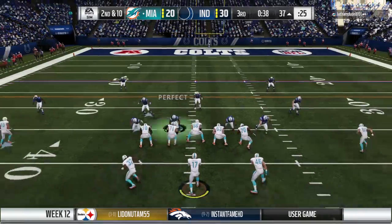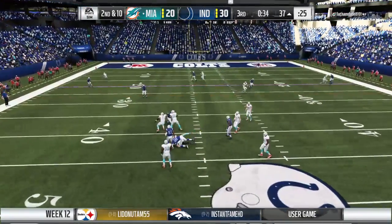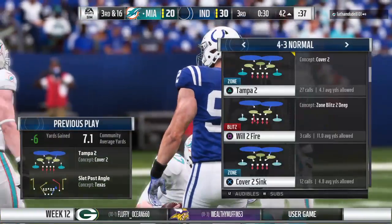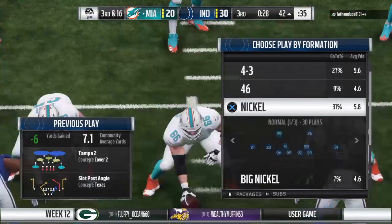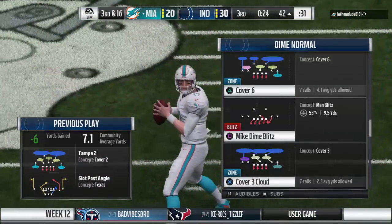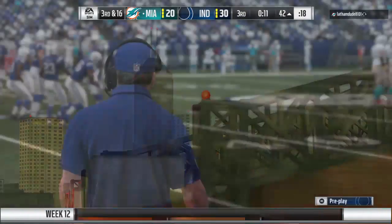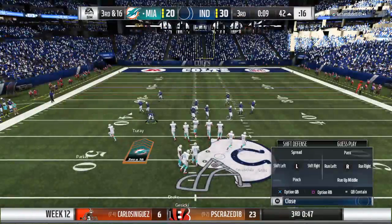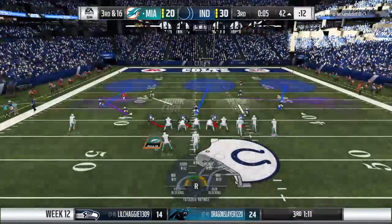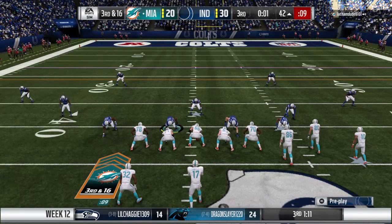On 2nd and 10, Tannehill. The Colts are going to get him. Down he goes. Margus Hunt, he's the one to get him, and that's sack number 7 for him on the year. So after the sack of Tannehill, the Dolphins come up here. The Indianapolis Colts actually have a terrible pass rush. We don't have an elite one, but